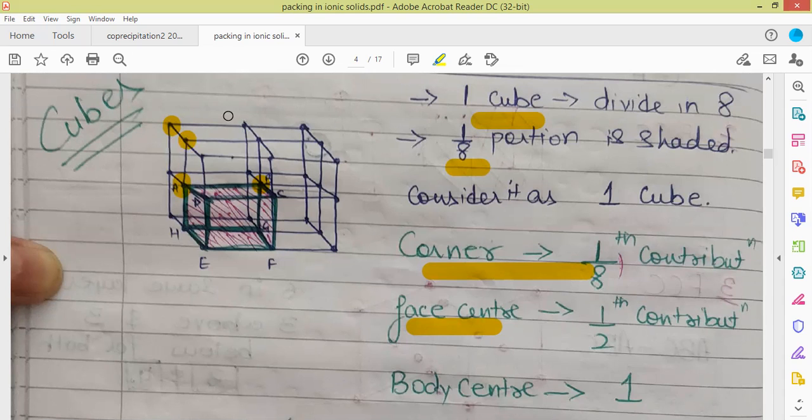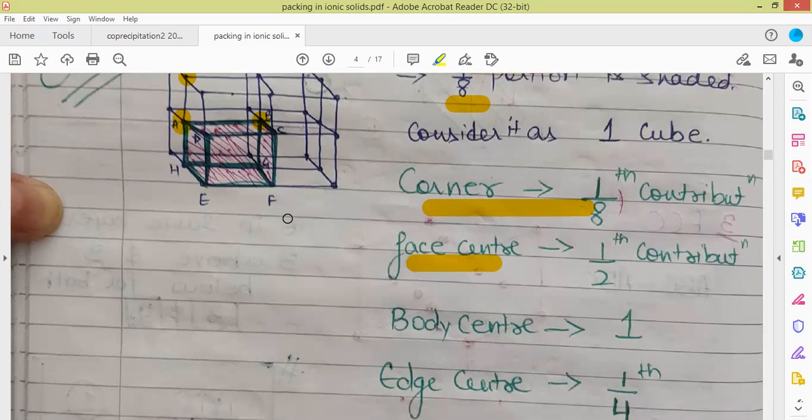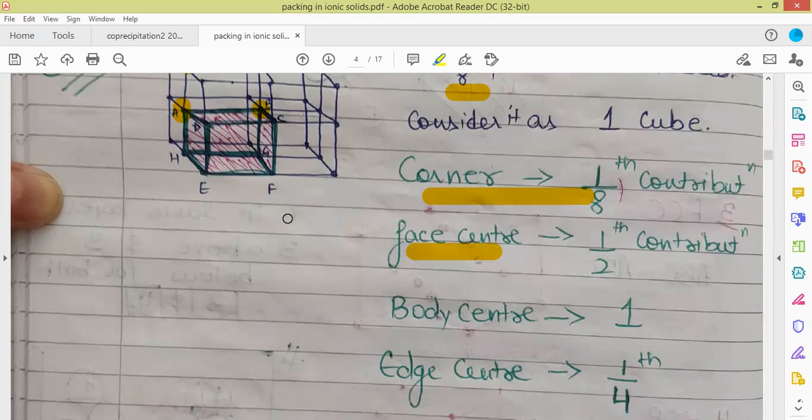Now if we look at the edge center, there are 12 edges to this cube and 12 edge centers. If we extend this whole unit cell to the extended network, say this BC is the edge for the small cubelet. BC is being shared between these 4 front facing cubes. So there are 4 different unit cells which are sharing one of the edges of the cube. That means the atoms or spheres present at the edge center are shared between 4 unit cells. That is why the contribution comes out to be 1/4.